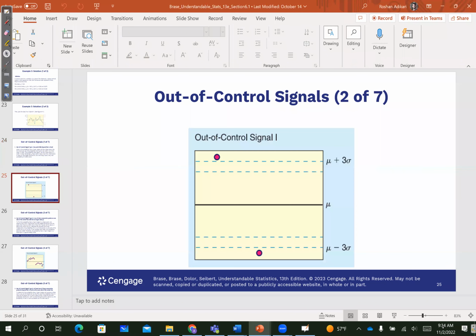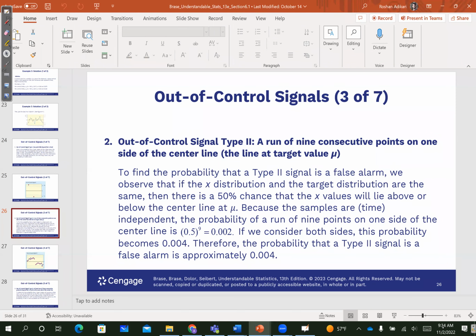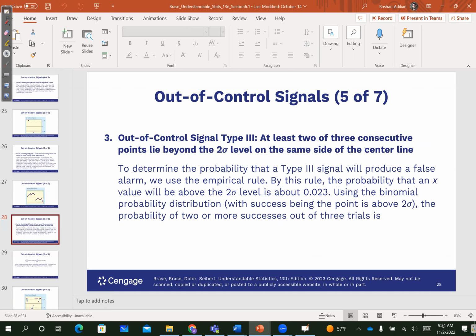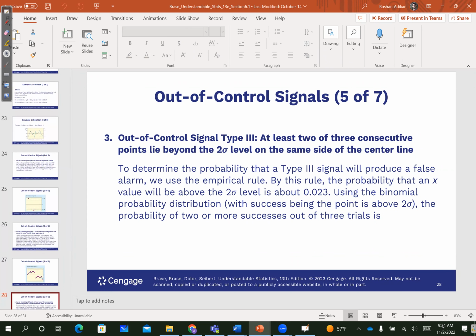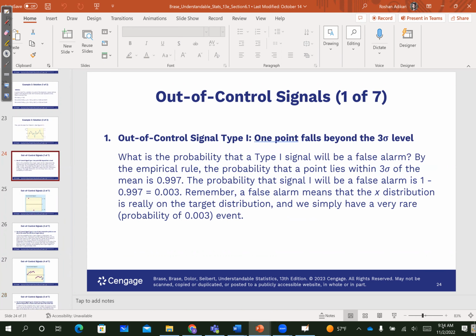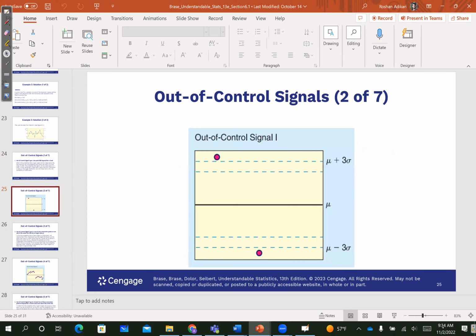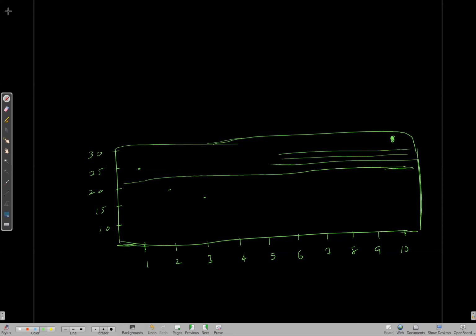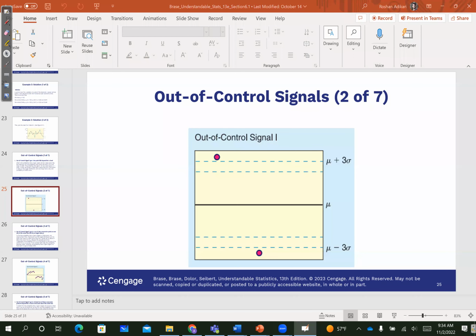And you have criteria 2, read these again, and criteria 3 and all those things. Actually there are 4, not 7. So a run of 9 consecutive points on one side. And so basically it's about, I think, first one, if it is more than or less than 3. So for example here, see, these 2 red dots are away from the in control zone. So I think now it's clear, right? You can answer easily that question. Now let's go to